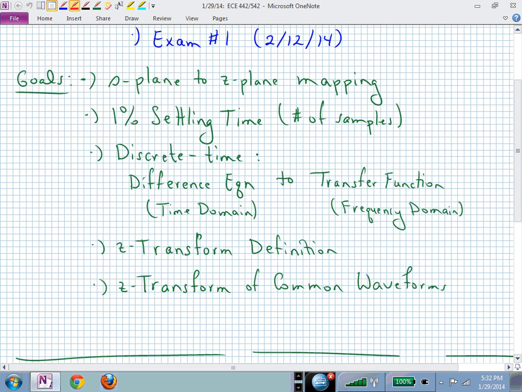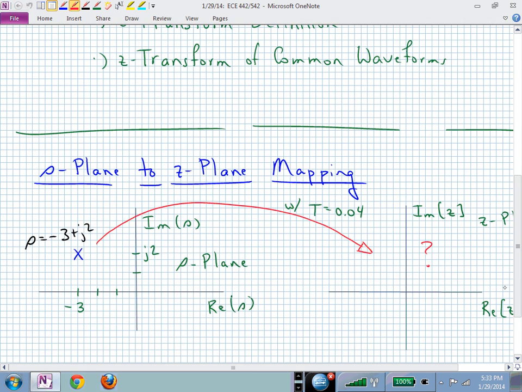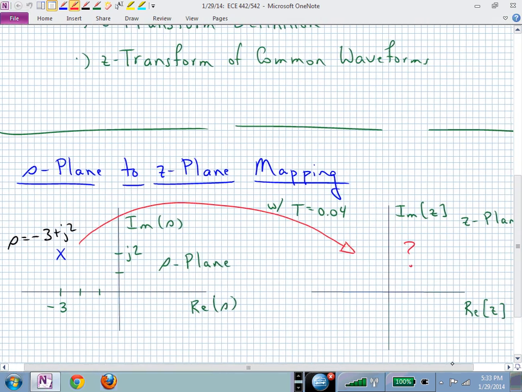We'll look at the discrete time transformation from a difference equation into a frequency domain version, or a description for which we can now get a transfer function. That will then beg the question, can we create a Z transform like we created a Laplace transform in continuous time? So we'll then look at the definition of the Z transform, and we'll start computing the Z transform for some common waveforms. I knew that would happen. I made this too big, but